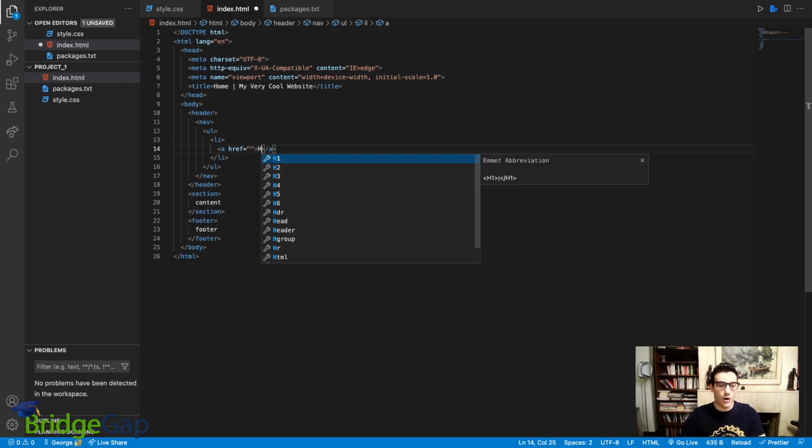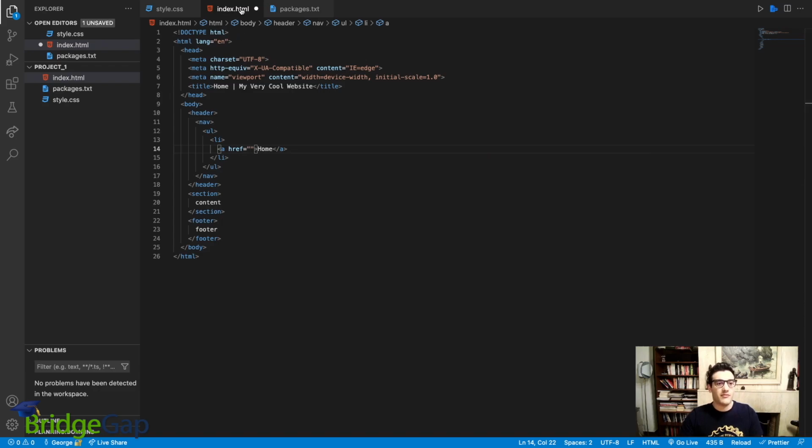Now the first link is going to be home, and because our index.html file is going to be our home page, we're going to put here home, index.html. You're probably going to ask me that this is already the home page, so why do we have to include this? That's fine. You can also include a hashtag, which acts as an empty link, but I'm going to keep it as index.html just for you to see what happens if you click on it. So let's